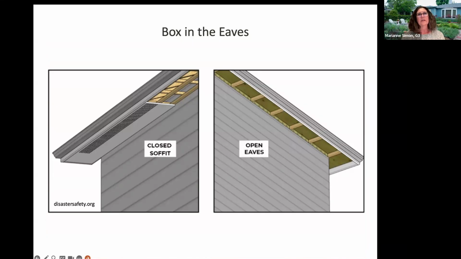So this is another one, is when you look up at your eaves. Imagine all those little embers that are blowing through the sky. They make their way up into and under your roof. So if your eaves are open, there's all kinds of places for those embers basically to nest, to take hold.